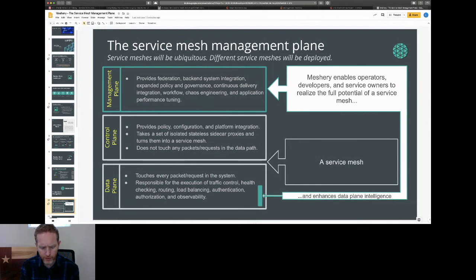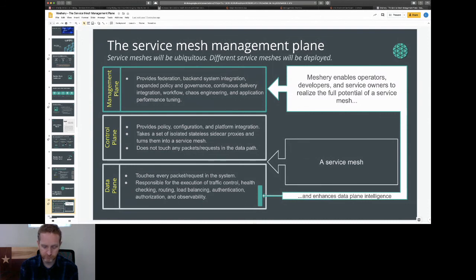And in part, it's not just because there are multiple service meshes that you need a management plane, but also because for any given service mesh, the control plane is only going to take you so far. Probably a really simple example to grasp might be something like doing canary deployments or blue-green deployments, or different